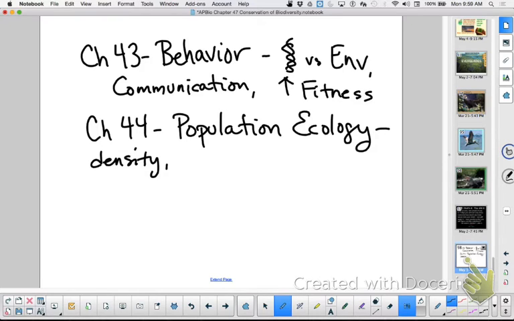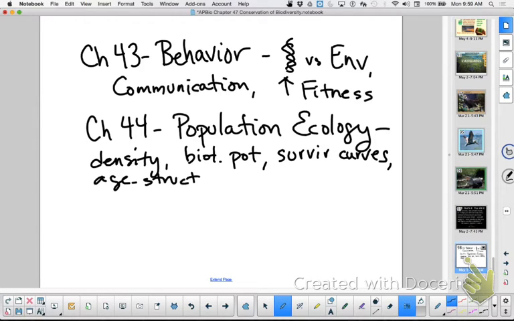We talked about growth curves. Oh, wait, I should throw in there before we talked about that, we talked about biotic potential. Do you remember that? And survivorship curves. Which one are we in? We're in type 1. Good. Most of us survive. And we talked about age structure diagrams. Remember, we talked about pre-reproductive, reproductive, post-reproductive, and whether you would get smaller. Then we did the population growth models, exponential versus logistic. Remember that part? Whoever's turn it is, compare and contrast exponential versus logistic growth curve.